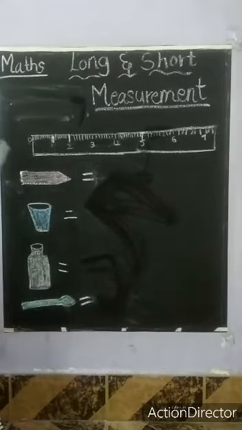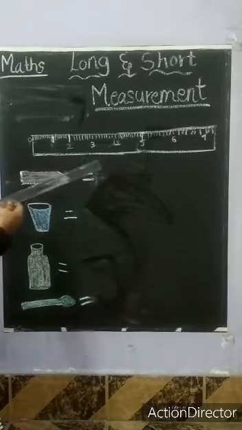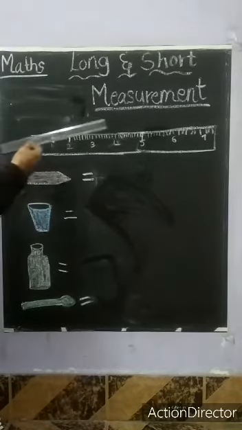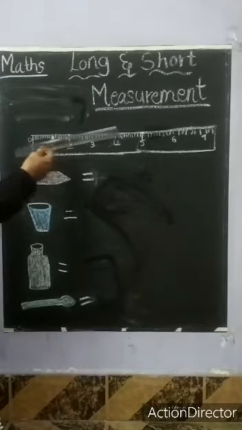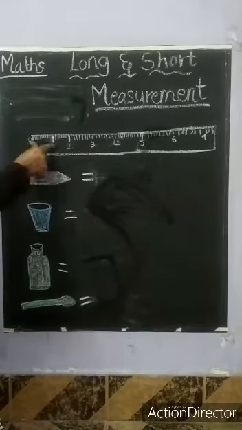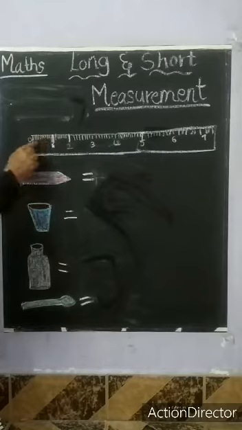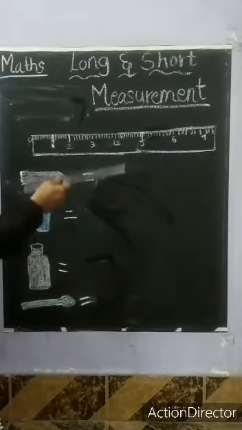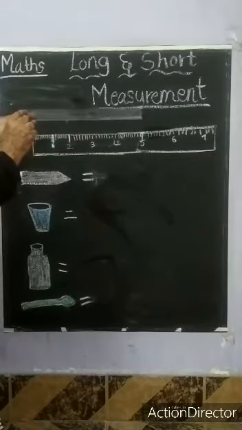We have different instruments to measure objects. Now we have a scale to measure these small objects. We have these scales in our school also, right? This scale has small divisions. See here, 0 to 1. In between we have small lines. Can you see them in your scale? Between 0 and 1 you have small lines.